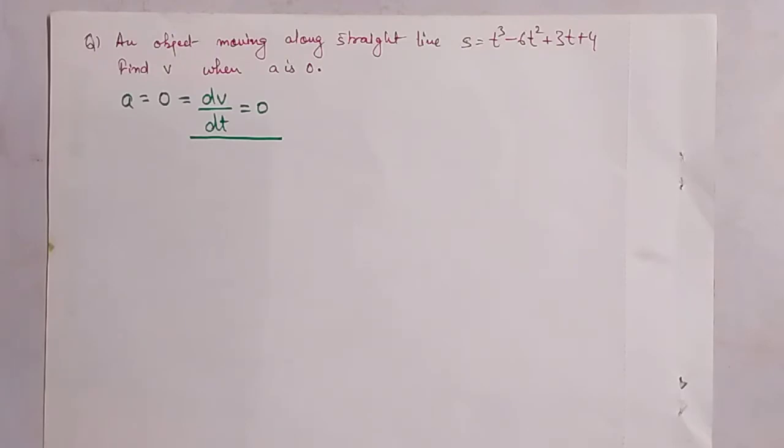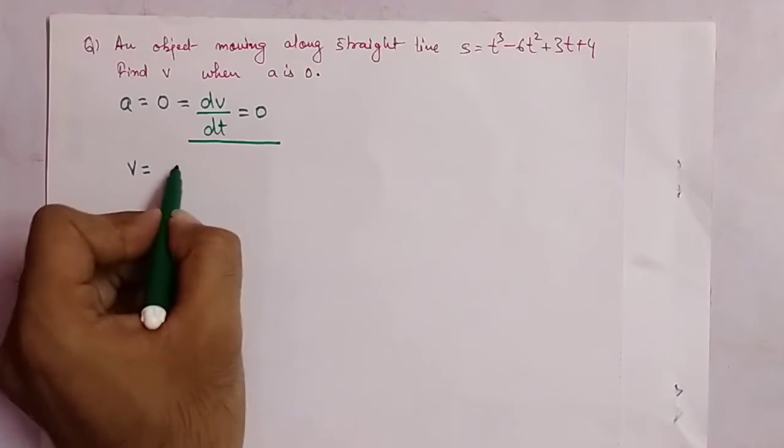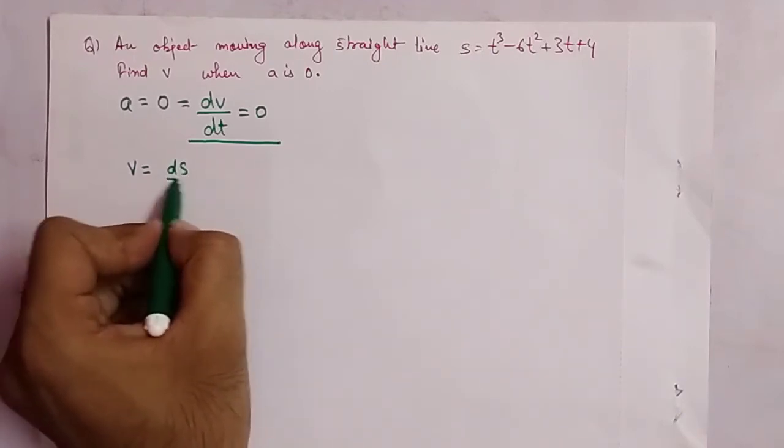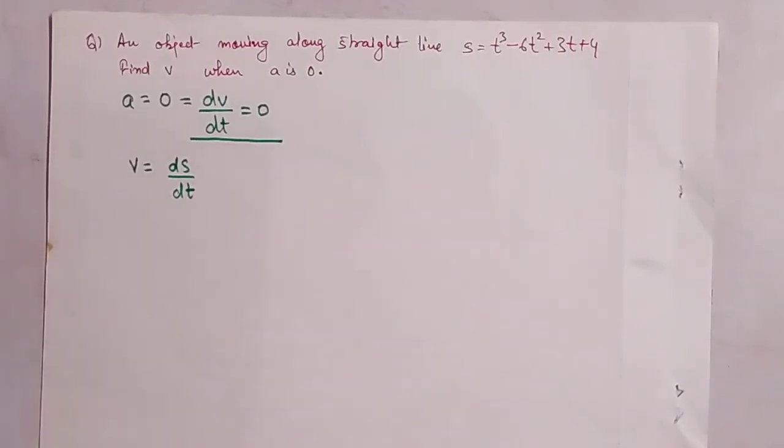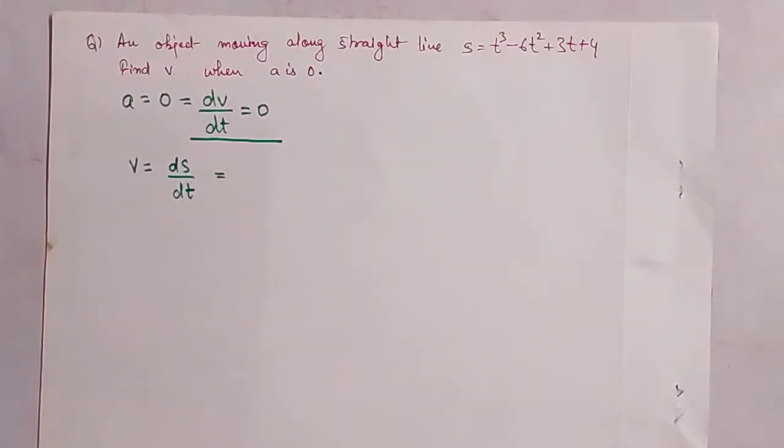All right, now here it is asked to find the velocity when the acceleration is 0. Okay, so that means we have to get the equation of the displacement into the terms of acceleration, and we have to make it 0 to get that time when the acceleration came to 0. All right, so first let's say what is the velocity that we can represent, that is given by the rate of change of displacement with respect to time. So that means it is demanding a differentiation of the above equation.